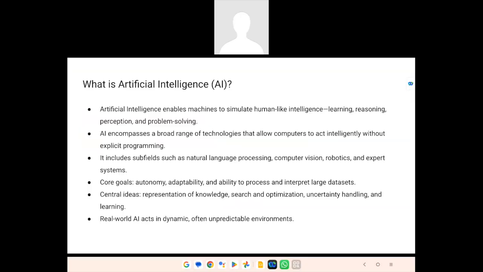So AI is nothing but what we can do, and we are asking a machine to. To put it in very simple words, it is kind of imparting our human intelligence to machines and tools so that they can assist us in our well-being. And AI, as you can see in the slide, is in various domains: NLP, computer vision, robotics, and expert systems. So it is not just restricted to robots.